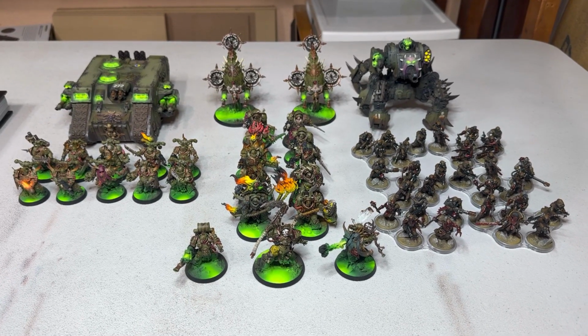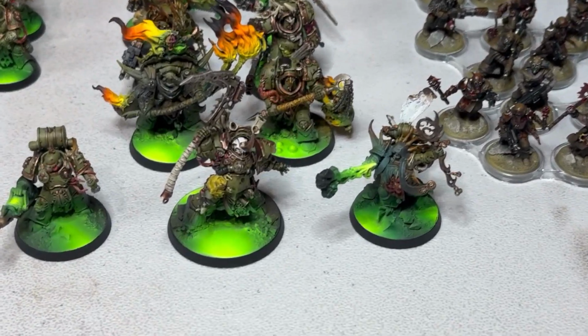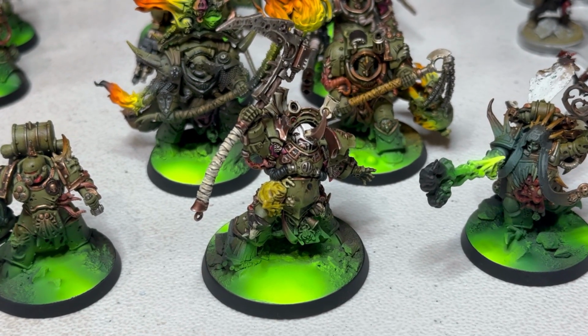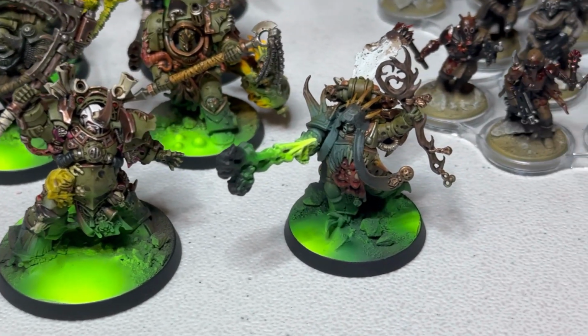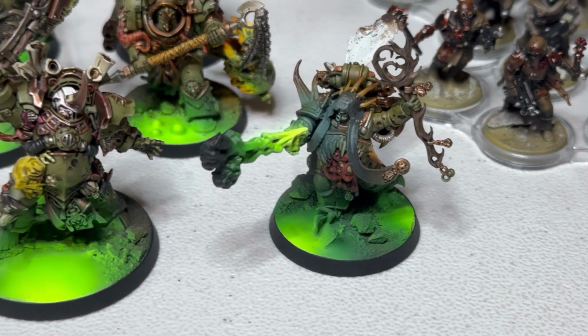Okay, so this is my 1500 points of Death Guard. In the front there, we have Typhus, who's going to be the Warlord, and since he's a character, he doesn't have any upgrades or anything. The other characters in the army are to his right. There is a Malignant Plague Caster, which is going to join the unit of Plague Marines, and to the left